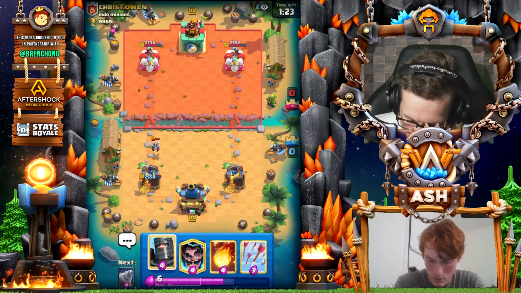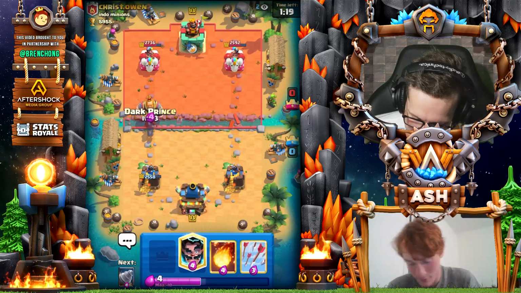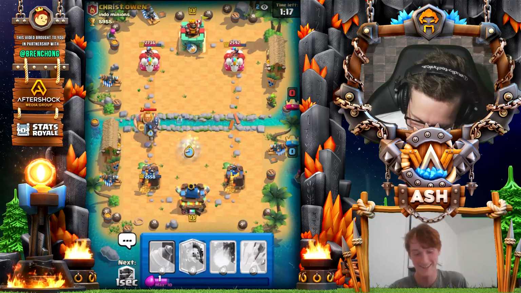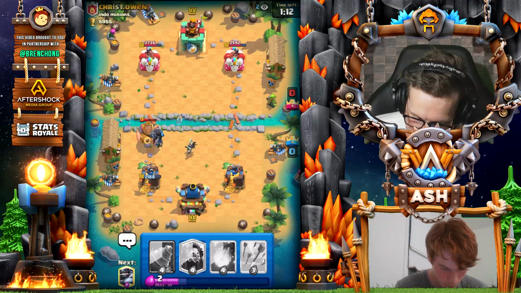Alright, so now I'm just going to Dark Prince in the back left. As soon as I said he doesn't have a P.E.K.K.A, he's got a P.E.K.K.A, but Inferno Tower does Inferno the same thing, yeah, right? Okay, so he's going to do this here. He has lightning in hand, but...